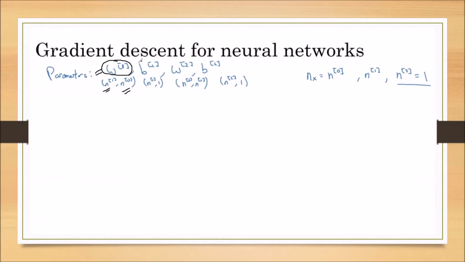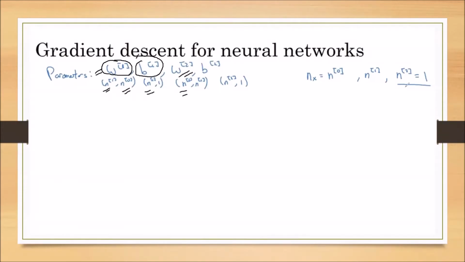Similarly, we have the bias unit, B superscript 1. The number of rows in the bias unit is decided by the number of activation units in the first hidden layer. Similarly, when we are calculating W superscript 2, the number of rows of W superscript 2 is